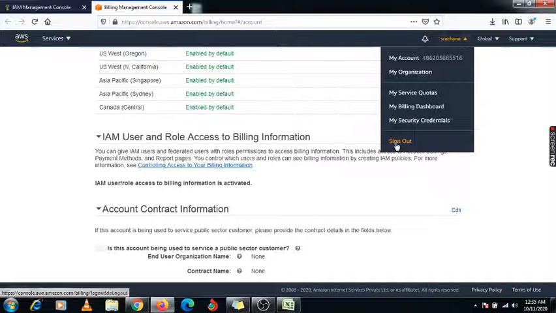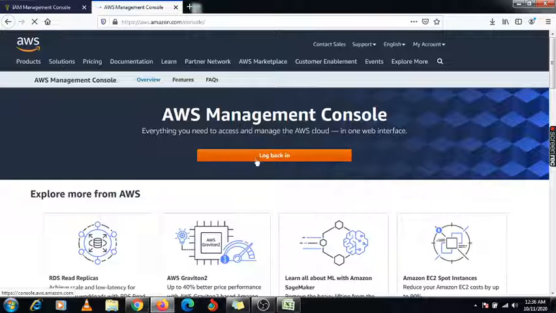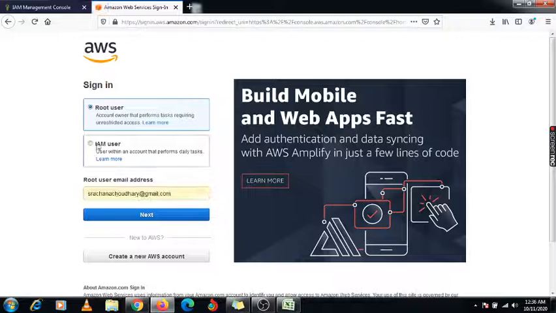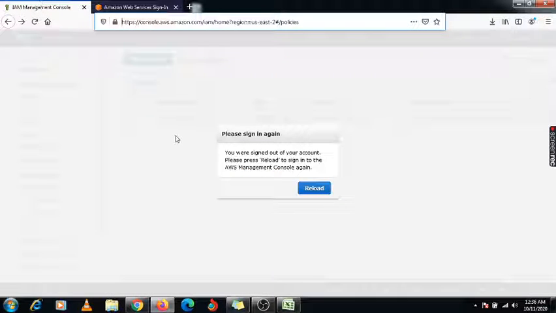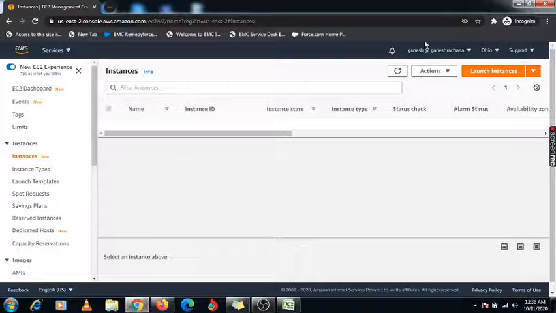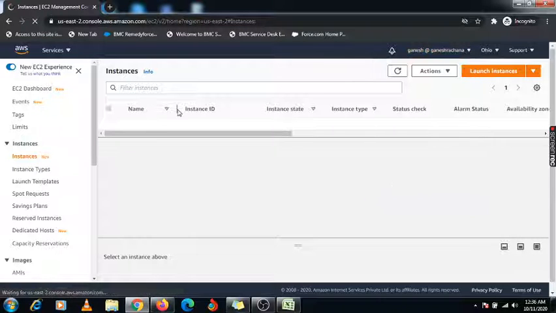Now I need to sign in first. Here you need to go back and sign in under this IAM user. Next. Just one moment, I need to copy that URL and close this. Here we have created it, so first I need to sign out, click on it.